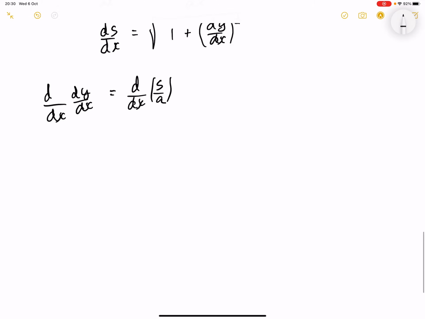So what I'm going to do is differentiate it with respect to s, but I'm also going to do something else so that it sort of cancels out, which you'll see what I mean. So d2y by dx squared is equal to ds by dx